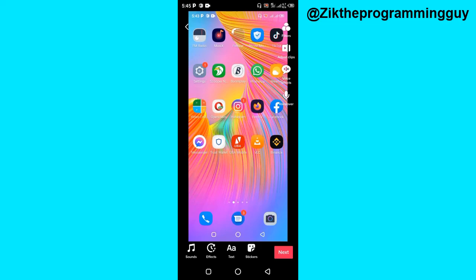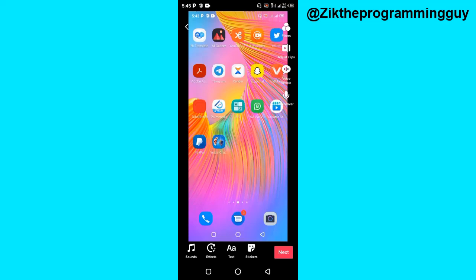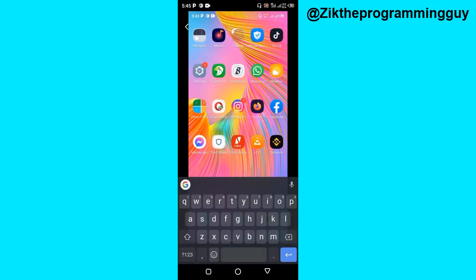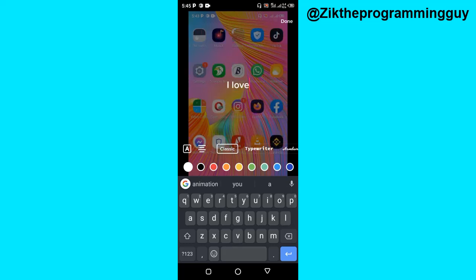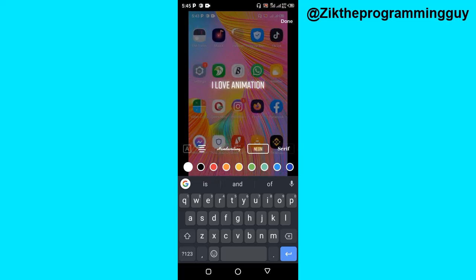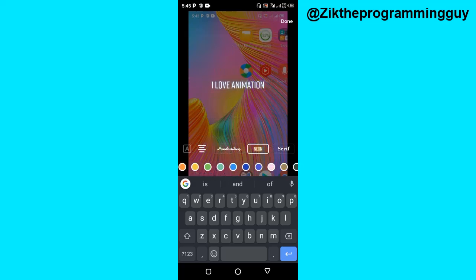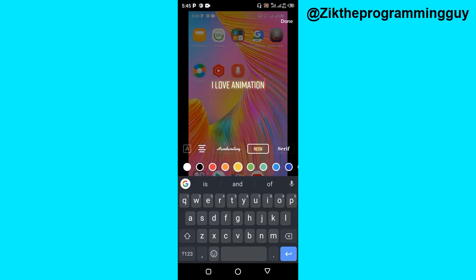And now what I have to do is to add text to this video. So at the bottom of your screen, you're going to find this text icon. Go ahead and click on that. And once you click on that, just add a text. So I'm just going to say, I love animation. All right, once I'm done, I can change the font size, and then I can add color. And once you are done with the text, font size, and color, just click on done at the top right